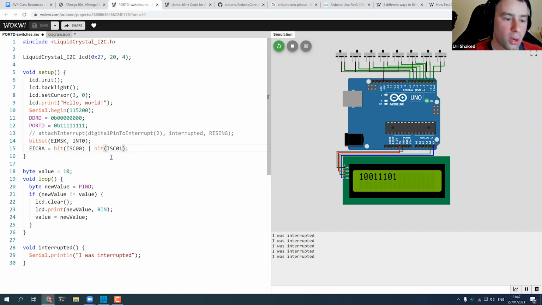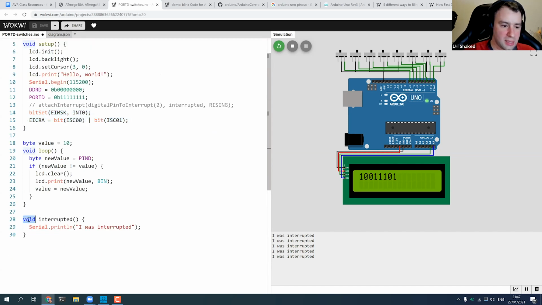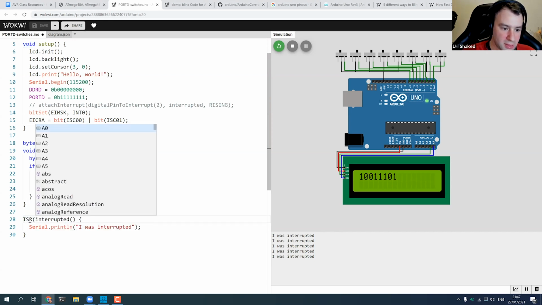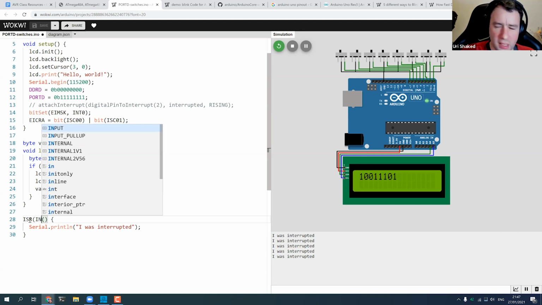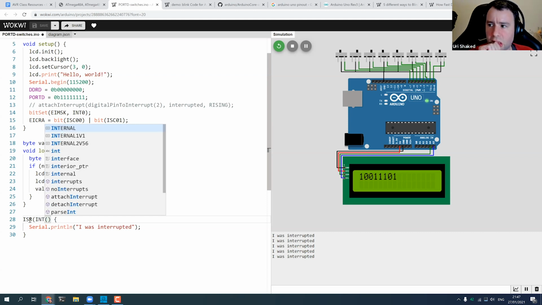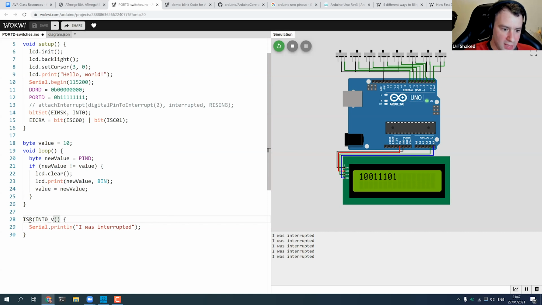And now we are almost done. We configured the external interrupts. The only thing we need to do is to declare the function that handles these interrupts. And for that, we would need to use something called a macro that will define an ISR, an interrupt service routine. And there is some convention, I think, where it's the name of the interrupt followed by _vect.